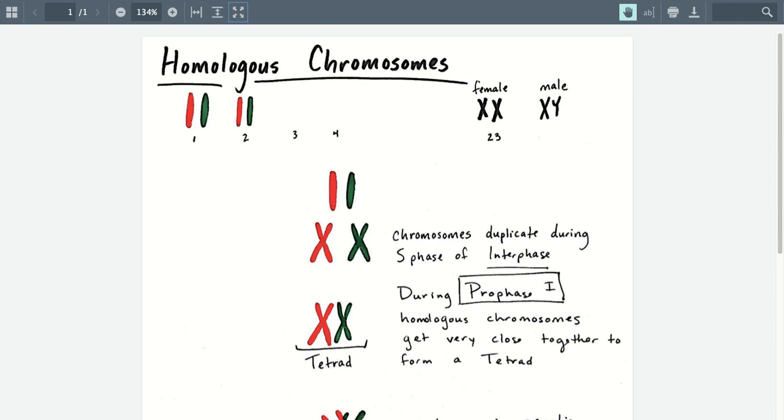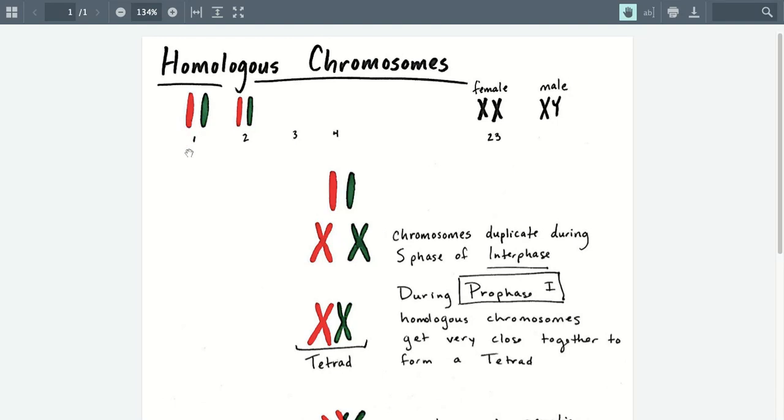Hi, in this video we're going to talk about the concept of crossing over. But before we talk about crossing over, we have to talk about the idea and the concept that there are homologous chromosomes. Now that sounds like a big scary science word, but homologous chromosomes, all they basically mean is you get one copy of a chromosome from your mom, and then you get another copy of that same chromosome from